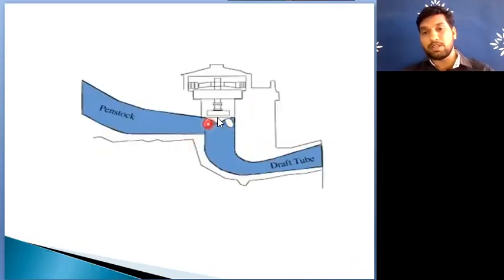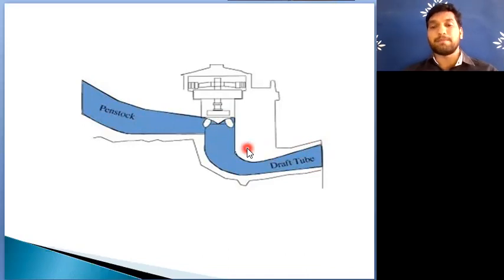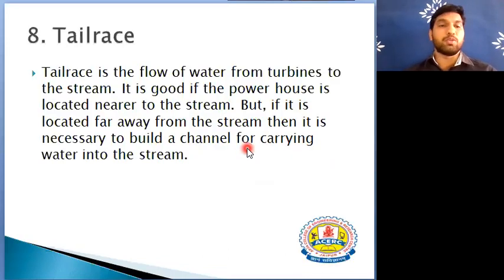This is the turbine, and this is the penstock. Water strikes the turbine, and it is then diverted with the help of the draft tube into the tail race. So the draft tube is a device of enlarging diameter, having its outlet at a large diameter, where the water pressure is increased up to atmospheric pressure. So there will be no problem when the water is discharged into the tail race.